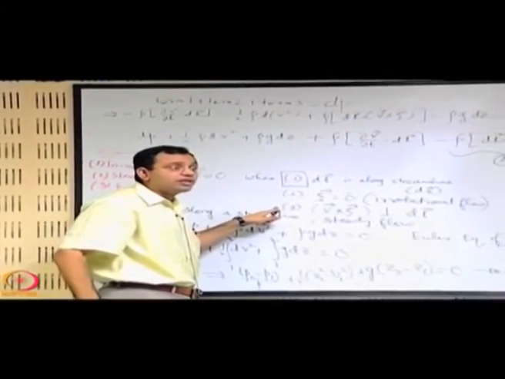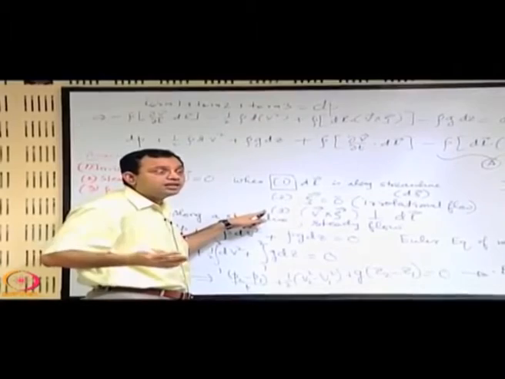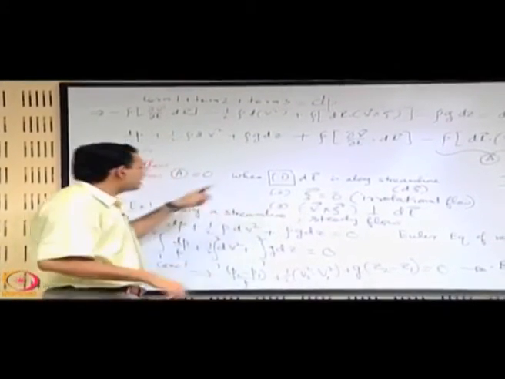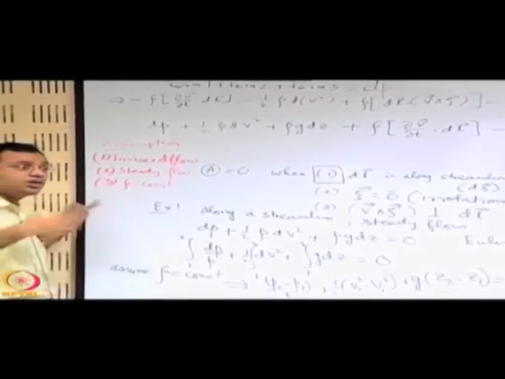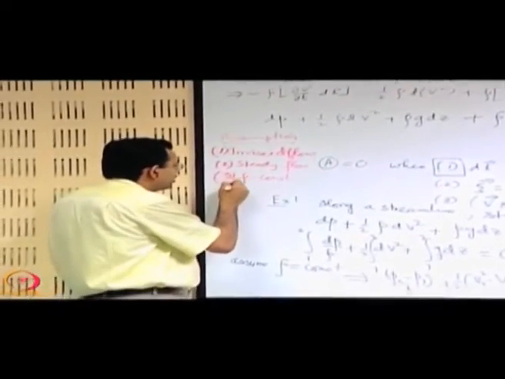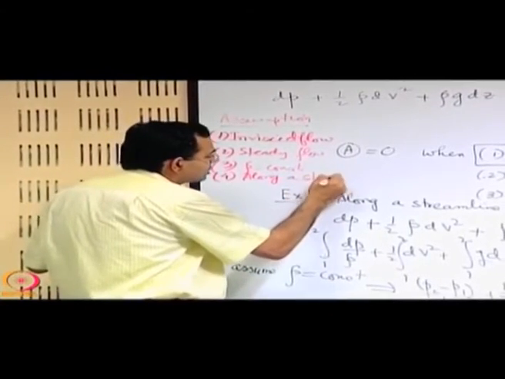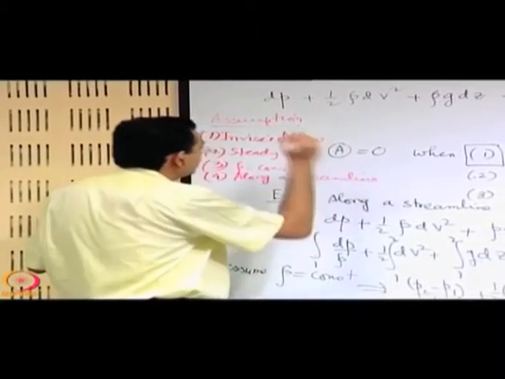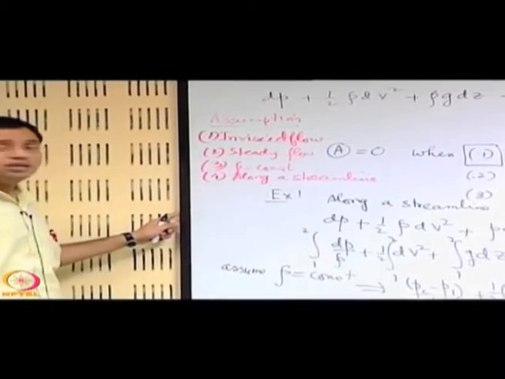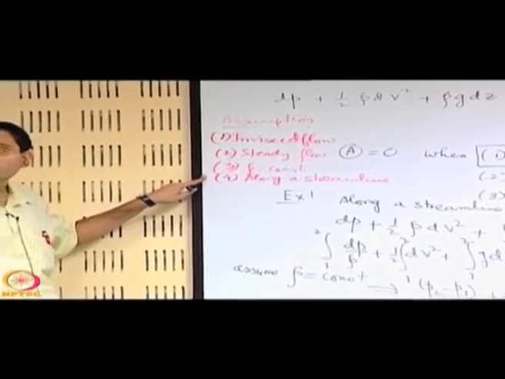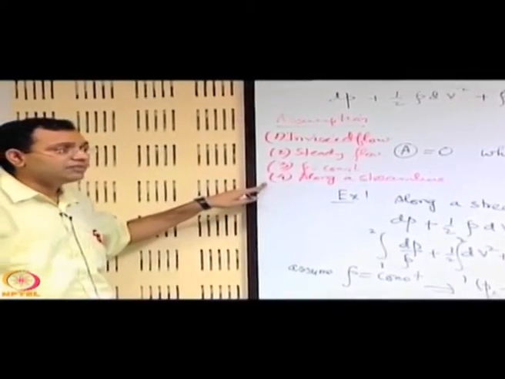When we take irrotational flow, we get more freedom, then we need not be restricted along a streamline. But when we are considering along a streamline, then it need not be irrotational. If it is irrotational, fine, if it is not irrotational, still okay. So along a streamline, that is what we considered in this example, and these are the 4 assumptions that we have considered in deriving this.